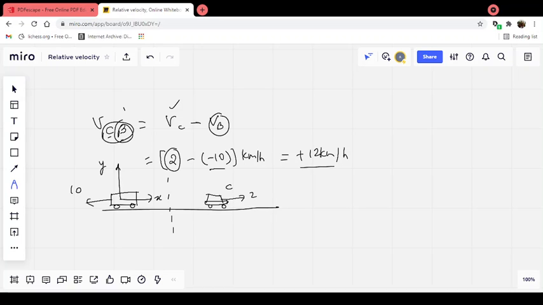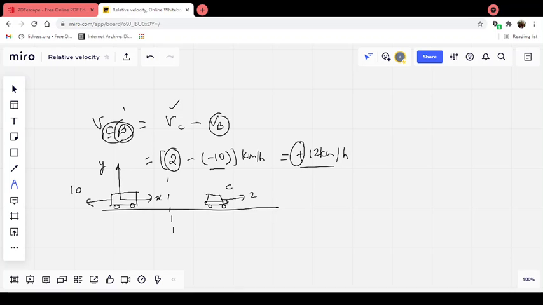So if you think about this case in a simple real life situation, you are sitting in a bus which is going in some north direction, and a car passes on a parallel road besides the road on which you are traveling, and the car is going in the opposite direction. Then you would see the car going away from you. And if you have chosen the x direction as seen in the figure, then the car would be going in that direction. That means the car would be having some positive velocity. So that's why our answer has a positive direction.